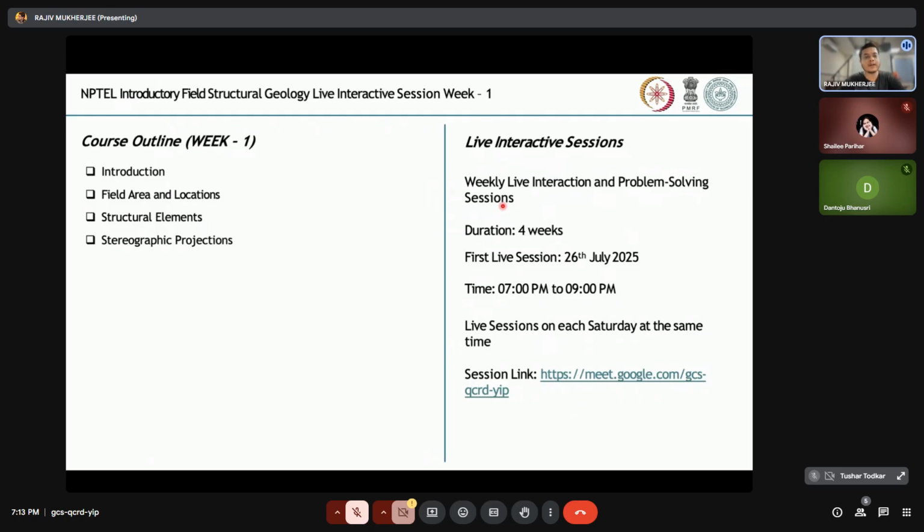And then finally going on to the stereographic projections to actually find out how on a large scale these pieces of exposure that we measure in the field are correlated with one another. So this was the first week's